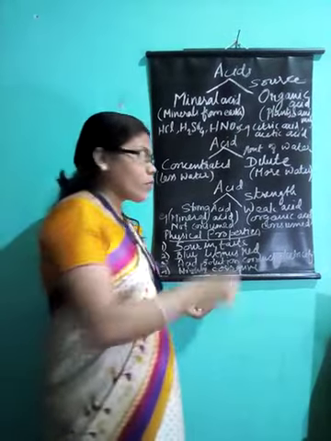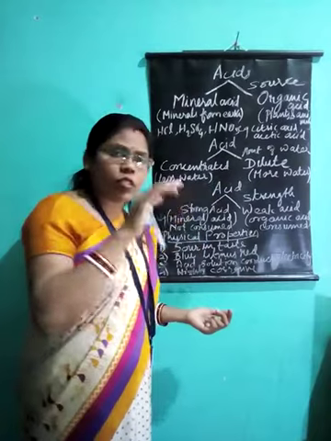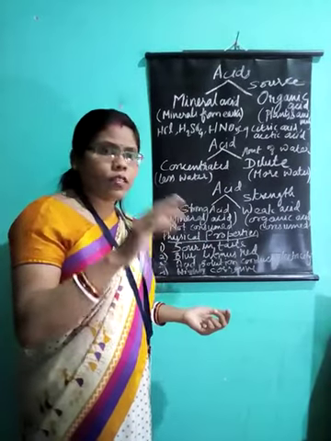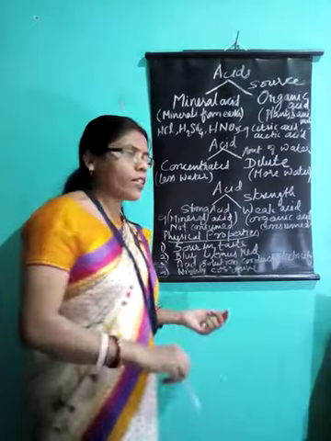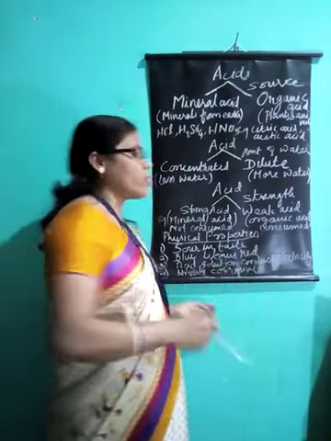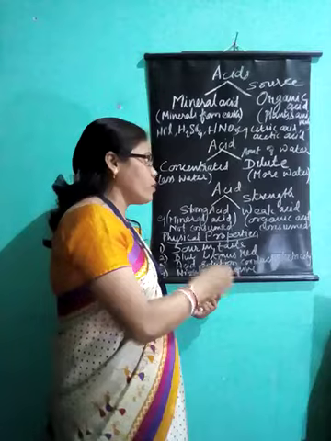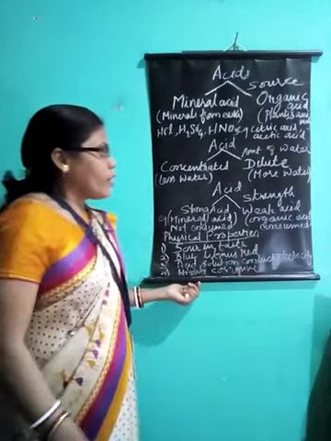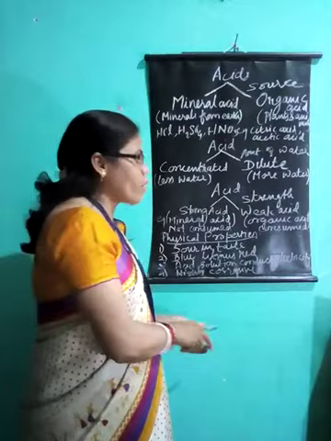So concentrated acid we use very rarely during the experiments. We generally use dilute acids often, but concentrated we use less, and it is more corrosive than dilute. Now, another type of acid which is divided on the basis of strength,